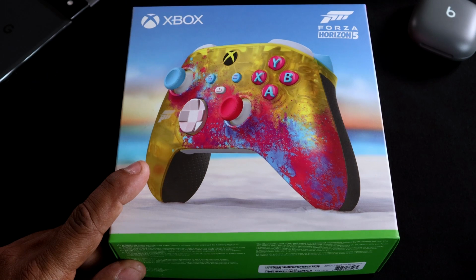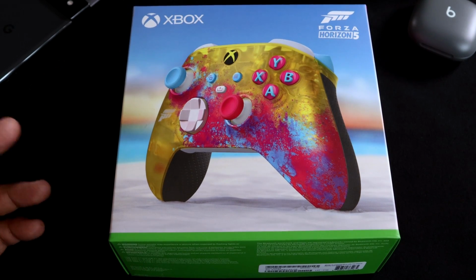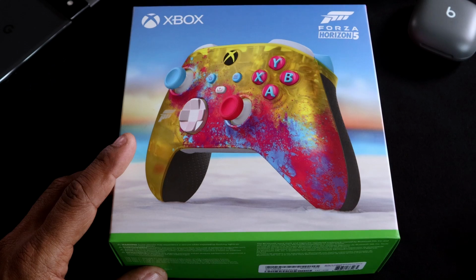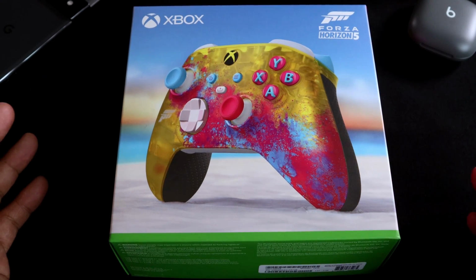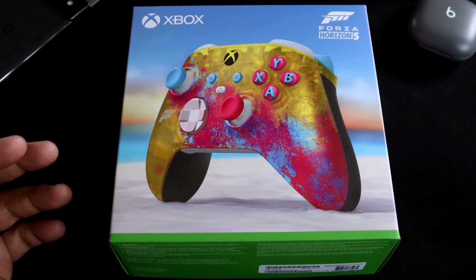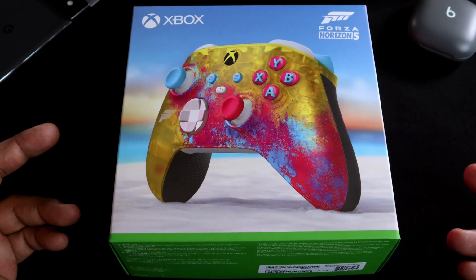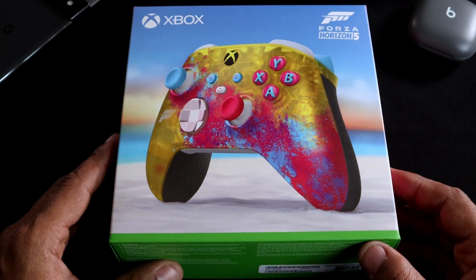Look at the Forza Horizon 5 limited edition Xbox One, Xbox Series X, Xbox Series S remote. It basically works on anything that's Xbox One, but it is made into the style of the Xbox Series X or Xbox Series S remote. So if you've played with those before, this is nothing new. This is just a different colorway. So we won't be doing an in-depth review as far as buttons and everything goes because it's essentially the same,